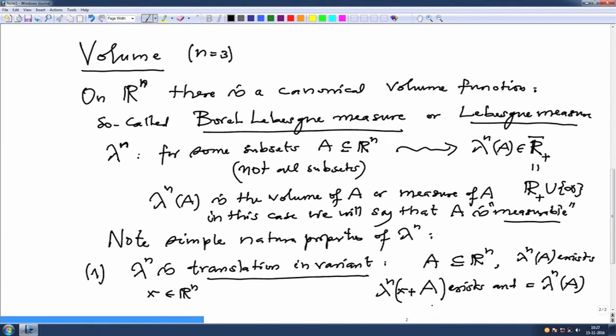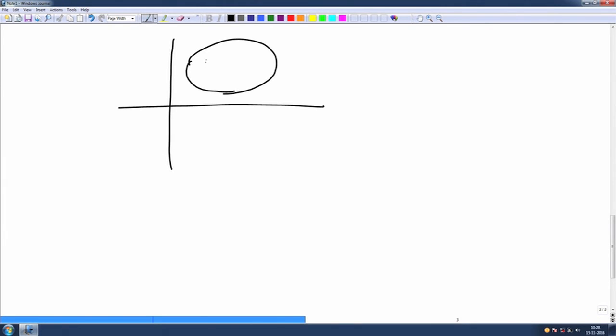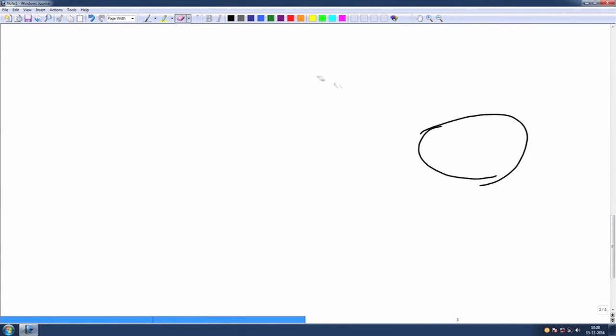This is very reasonable, because imagine if you want to measure a line segment from here to here and I shift it by 2 meters, then the length will not change. Similarly, if I have some portion of the plane, suppose I want to compute this area and for sure I know this area exists, and if I translate the same subset here, then the area is not going to change. So that is why intuitively it is clear. Okay. That is the first important property.